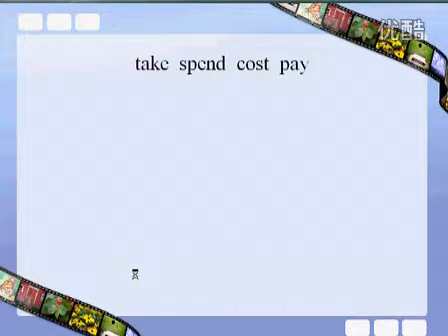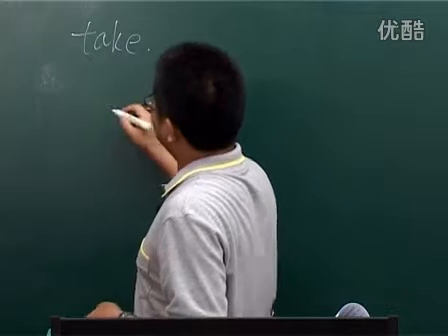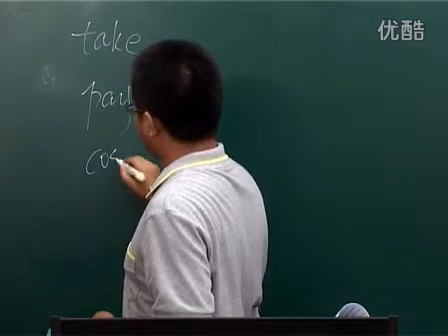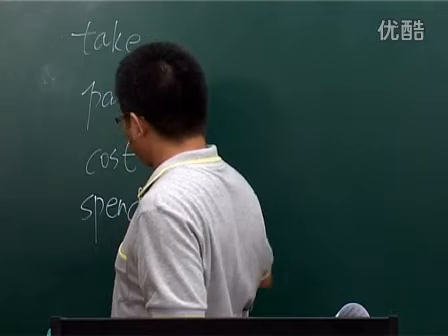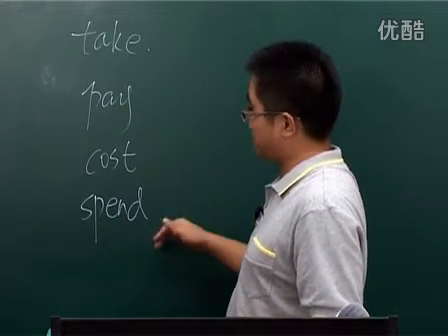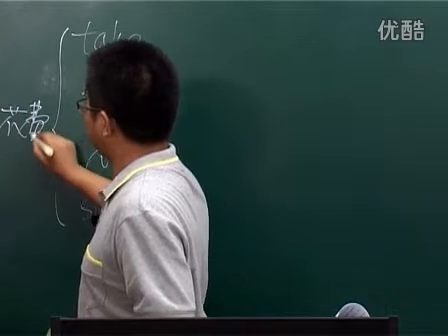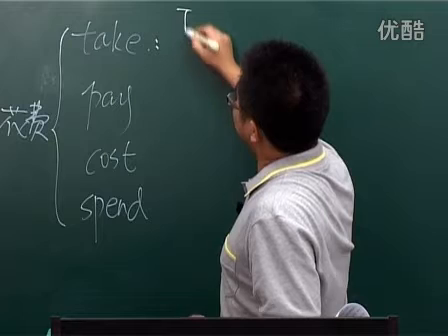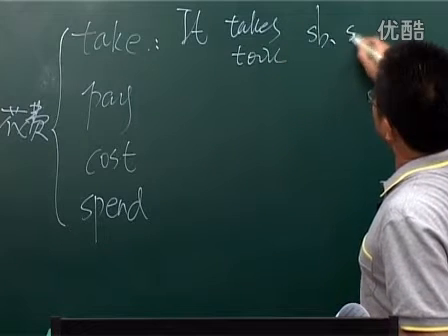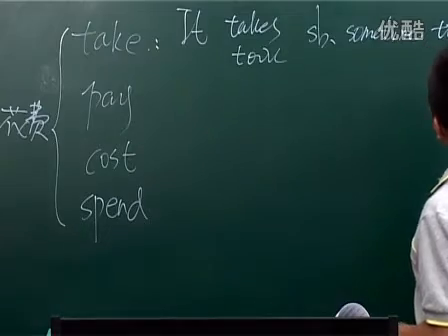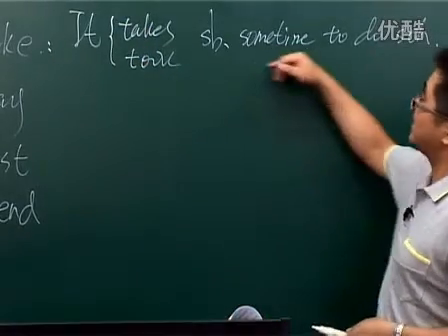Okay. Now you'd better pay attention to the next 4 words about take, spend, cost, pay. 注意这4个词：take, pay, cost, spend. 它们呢都有花费的意思。take 这个形式呢，大家比较熟悉，it takes or took somebody some time to do something. 花费某人多长时间做某事。